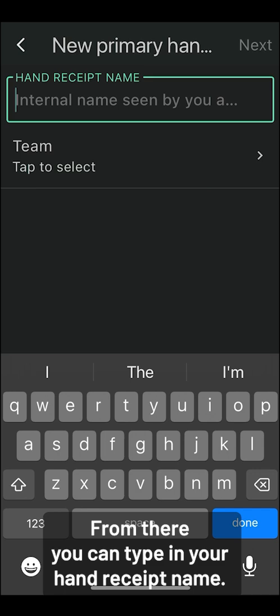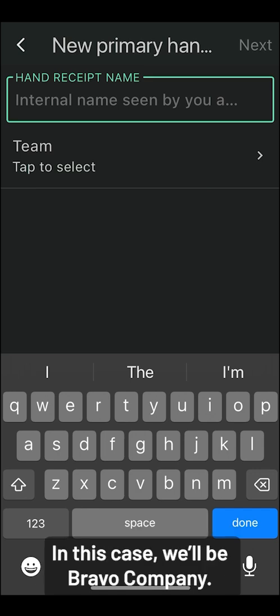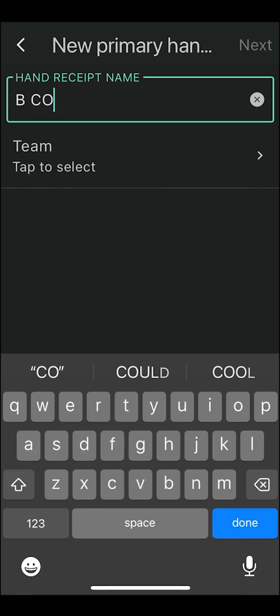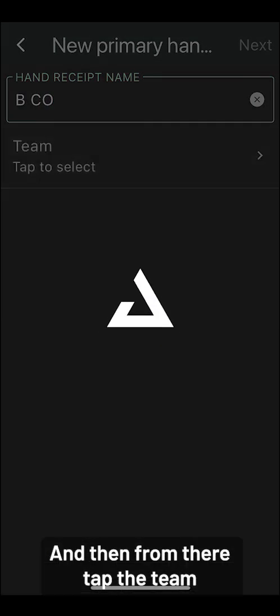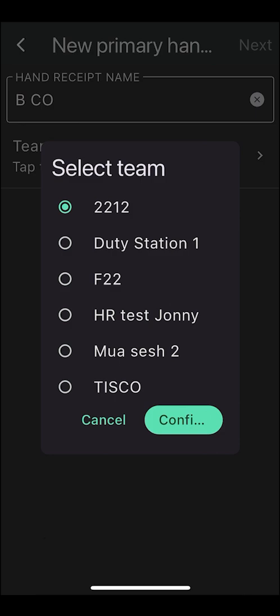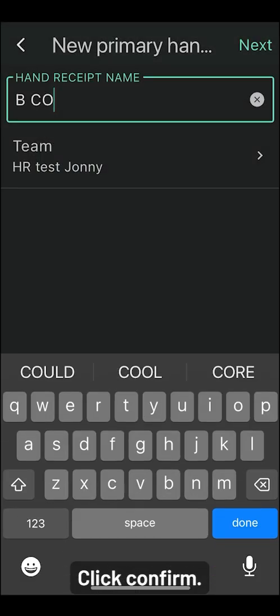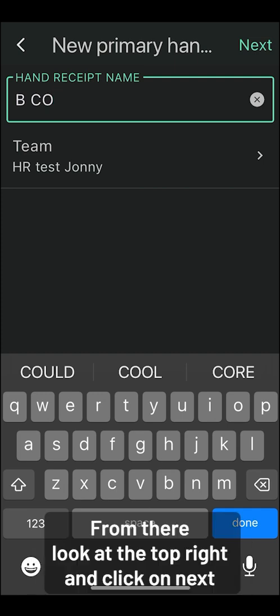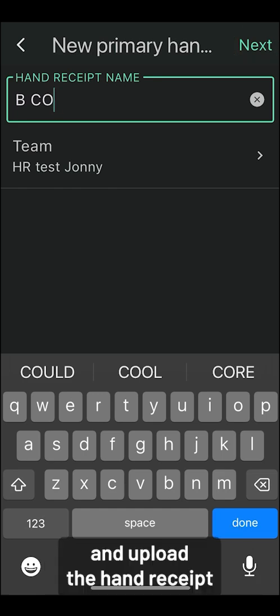From there you can type in your hand receipt name. In this case will be Bravo Company, so I'm going to label this BCO. And then from there tap the team and then select your team, click confirm, and now you have this page completed. From there, look at the top right and click on next and upload the hand receipt that you want